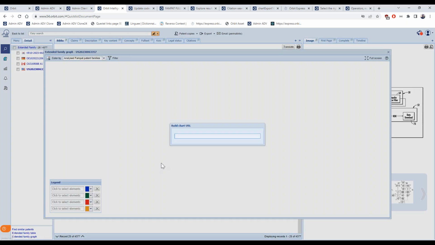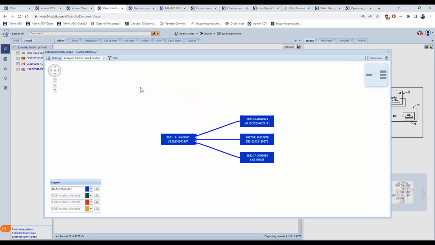Okay. Here you can understand the link between the different publications. It's the extended family graph. Hovering the mouse shows you bibliographic information.